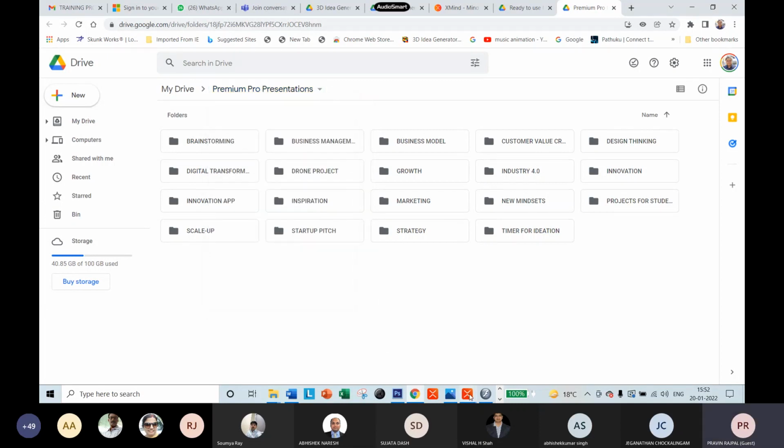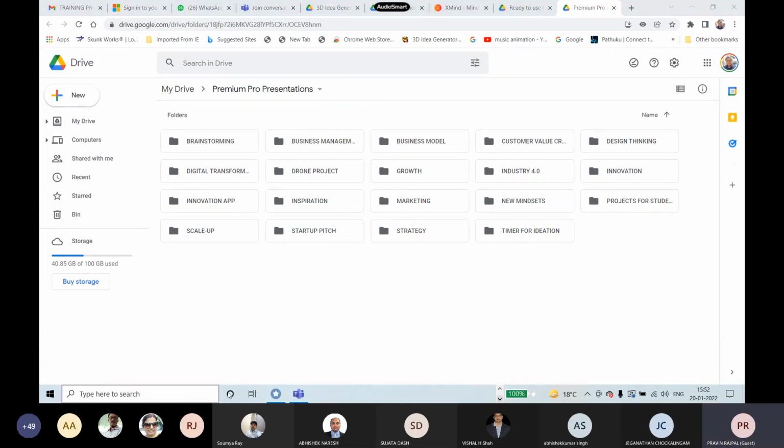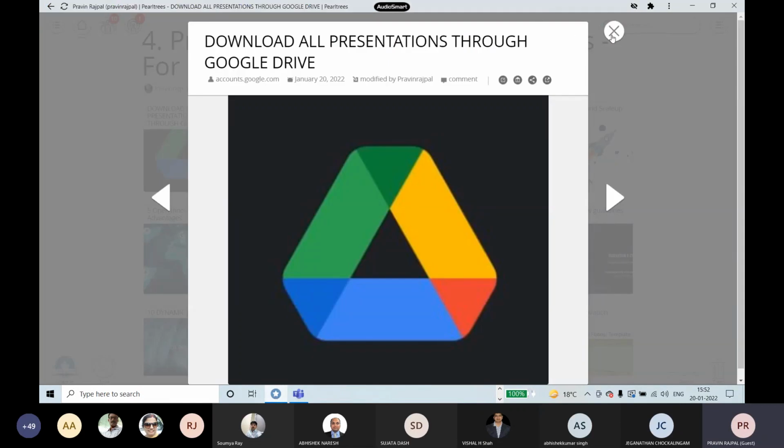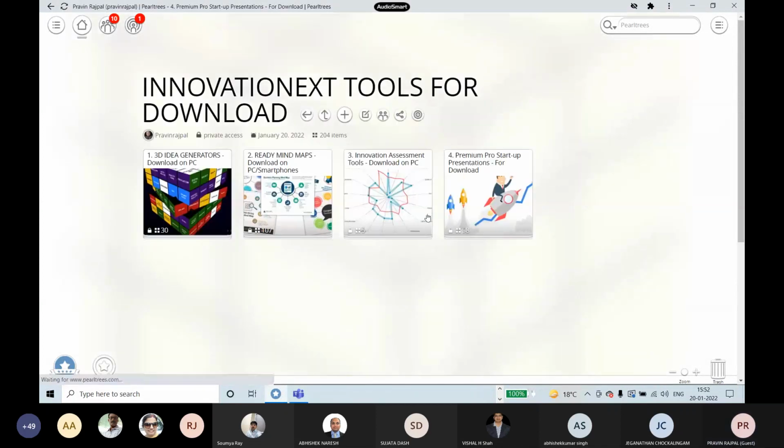All the presentations will get downloaded on your system. So this is as far as the installation of various tools that we have in our kitty, in the resources that we have are given. So I hope you have all understood about the downloading procedures that we have. Now, I will basically come on the